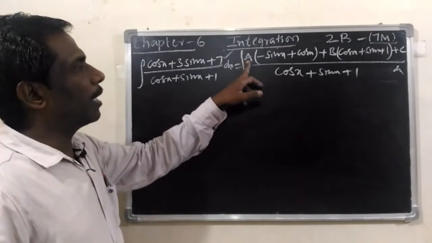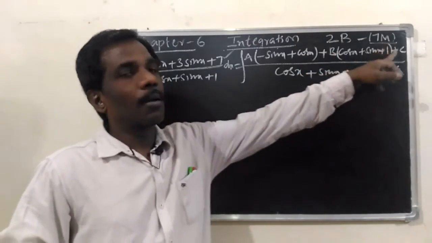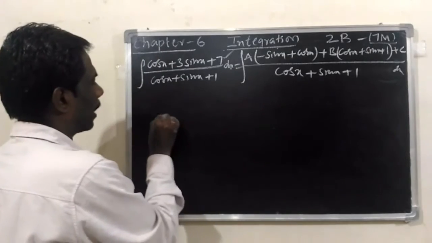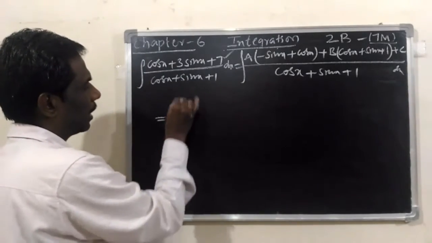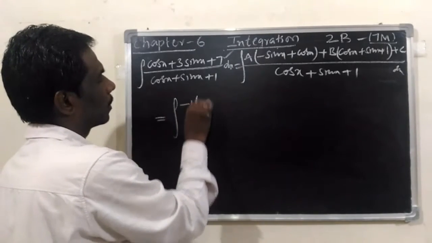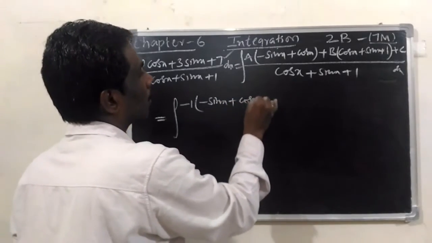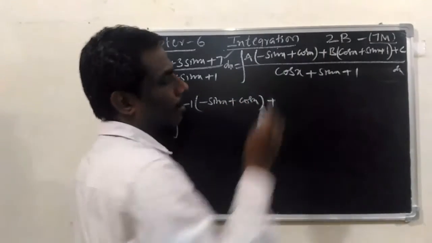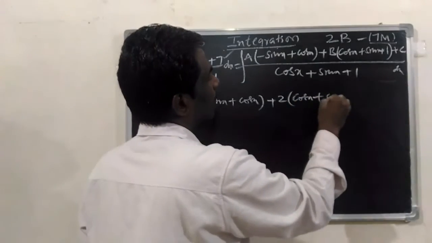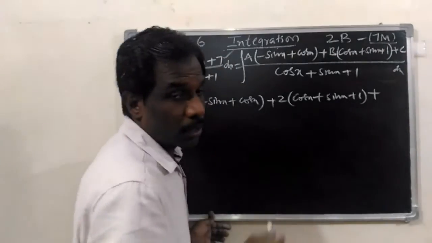So this is a into d by dx of the denominator plus b into the denominator plus c. Now I am going to substitute. Integral, what is the a value? a is minus 1 into minus sin x plus cos x plus b. b is 2, 2 into cos x plus sin x plus 1 plus c. c is 5